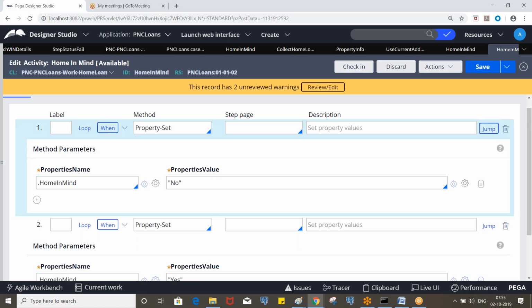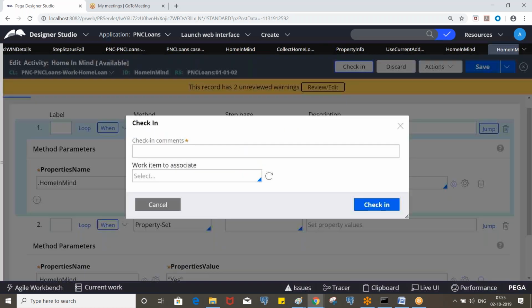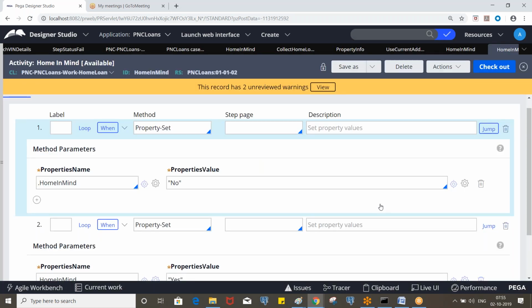So always, while creating an activity or data transform, try both ways, that will help you a lot. You can determine in which scenarios you need to go for data transform and activity. Okay. And sometimes in some applications, if you are writing an activity, they will not give you the approval to move the code.